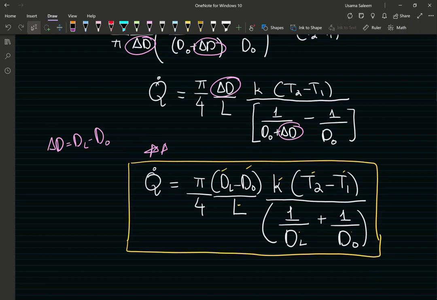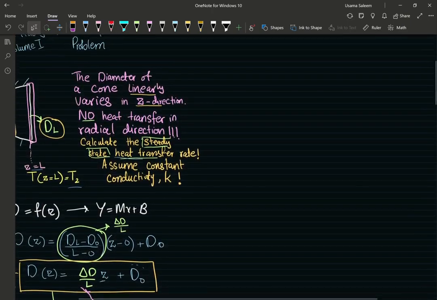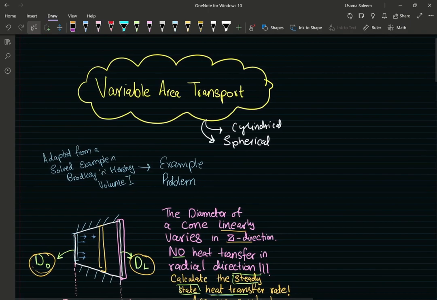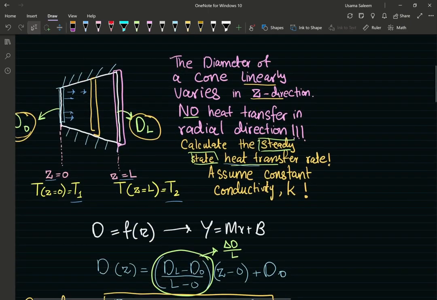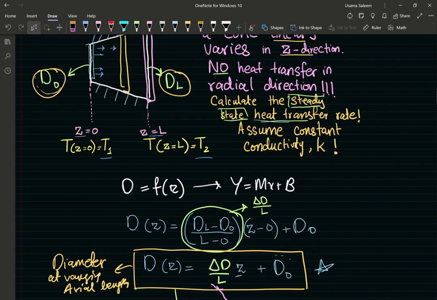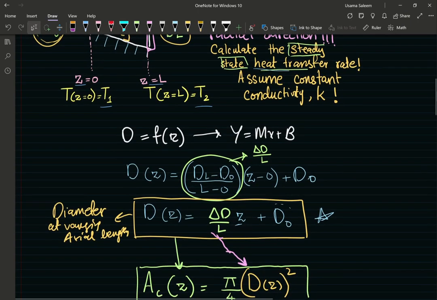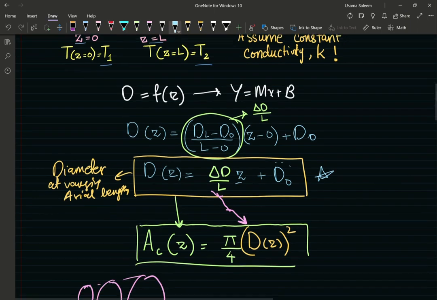Just to give you a quick recap, variable area transport. We did a simple example of conduction in the axial direction. First off, we started off by accounting for the variation in the diameter with axial length, and then we took into account that that's going to affect our cross-sectional area along